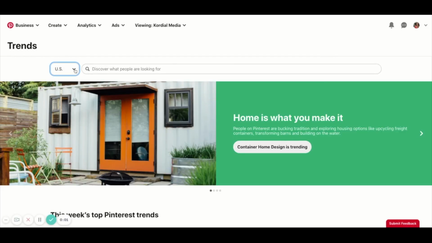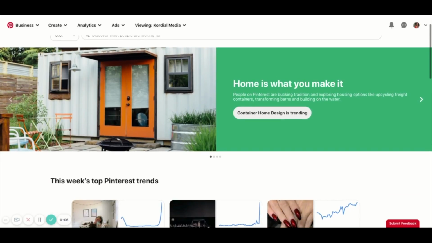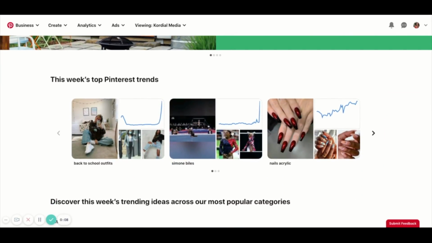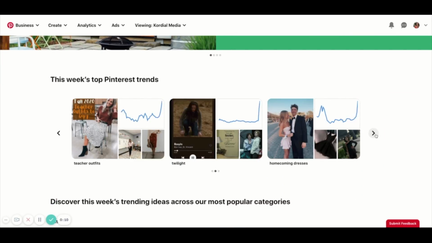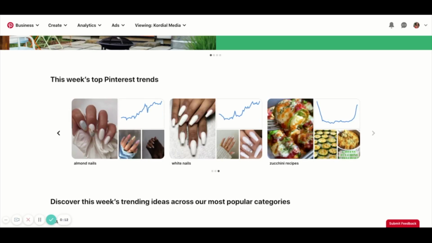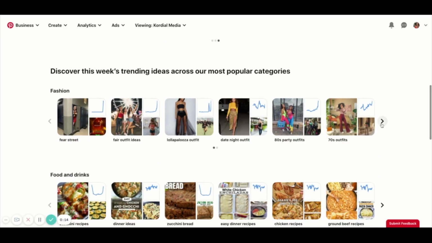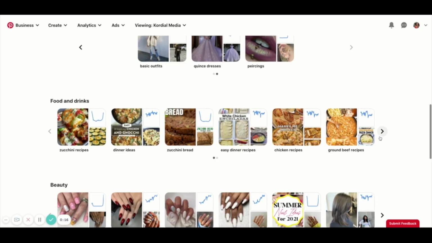The third tool that I use every single month, I use this tool to send to my clients some resources, and that is the Pinterest Trends tool. So the Pinterest Trends provides you the trends of the moment and what's to come in terms of trends. It gives you a clear indication as to what type of content you can create before a trend really does pick up steam in the algorithm.